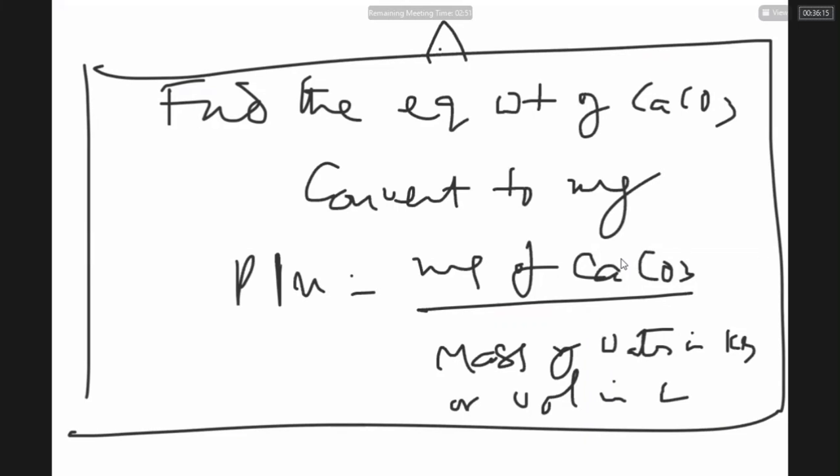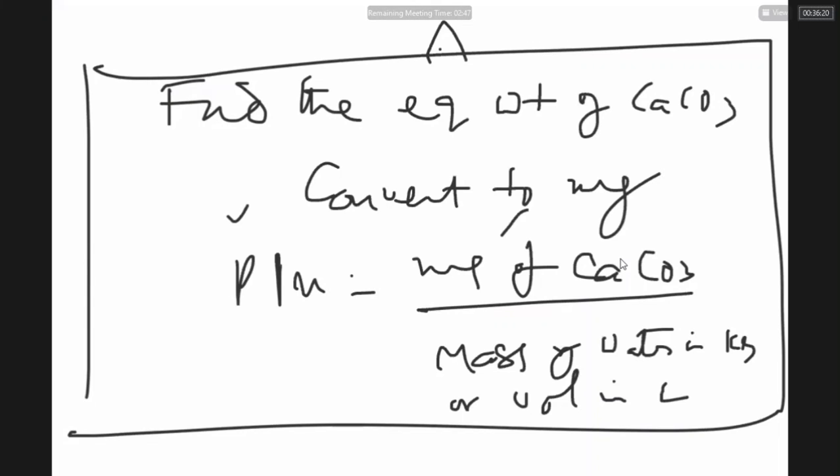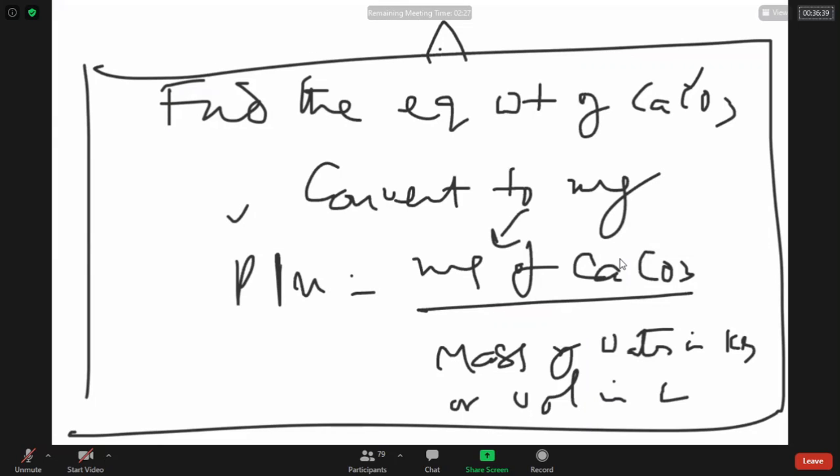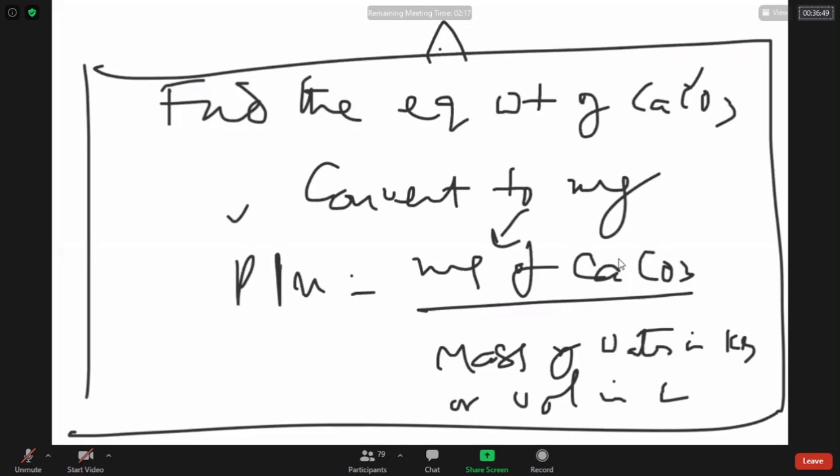Reverse means you should go in reverse order. They give ppm. From ppm, find the milligrams of CaCO3 using the same formula. From milligrams of CaCO3, convert to the mass of the given salt. Convert the milligrams to grams if you want, then grams to mass of the salt, based on the answer. You can solve any problem using this shortcut. Can you see it, sir?